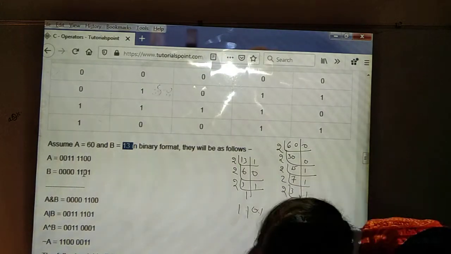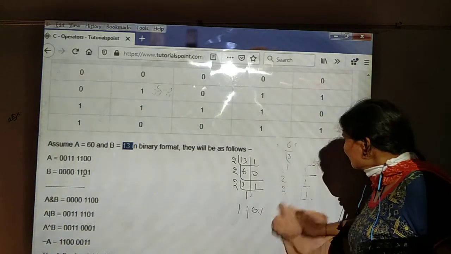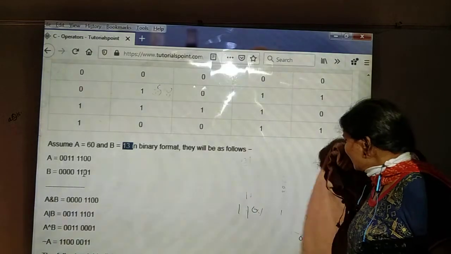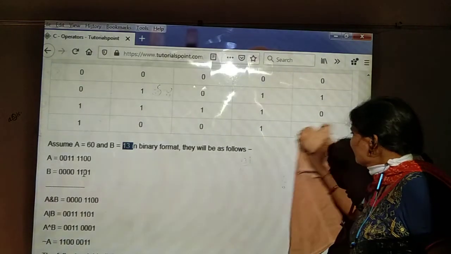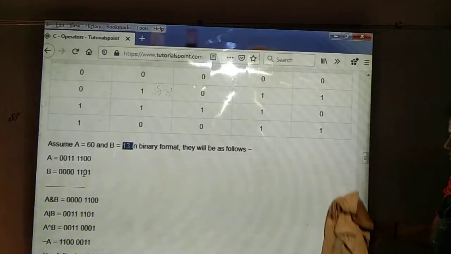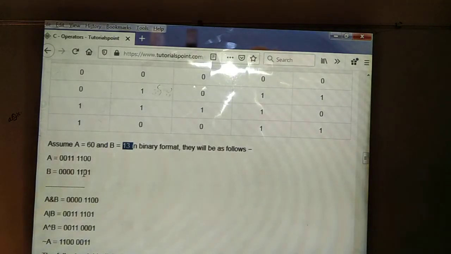Here also we are comparing the data. How will the data be compared? Whatever data we have been given should be converted into which form? Binary form. Then the data should be compared. That is the way to compare it. Next we can see another operator.